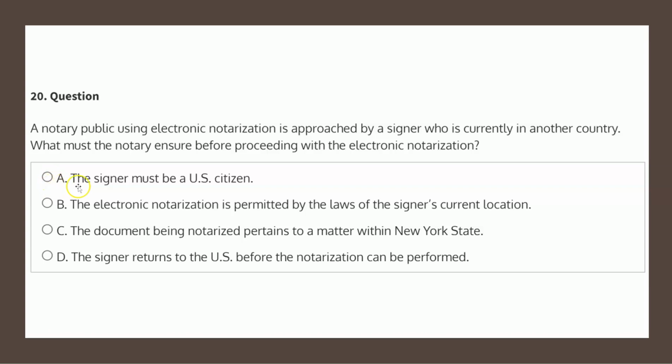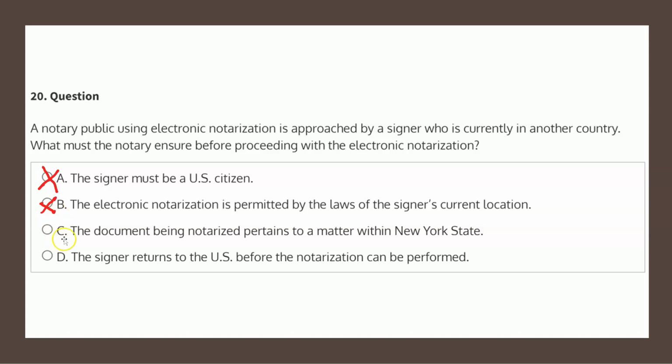solution. Choice A states the signer must be a U.S. citizen. Well, the law doesn't state anything about the signer having to be a U.S. citizen, and therefore choice A is not our solution. Choice B states that electronic notarization is permitted by the laws of the signer's current location. Again, what we just read from does not state that that's a requirement, and therefore choice B is not our